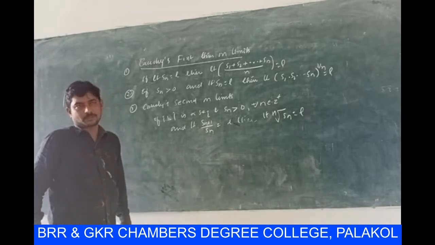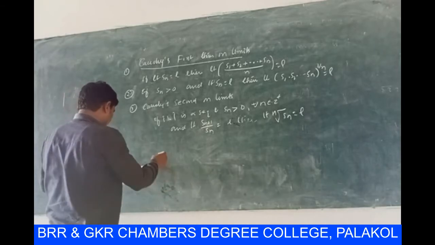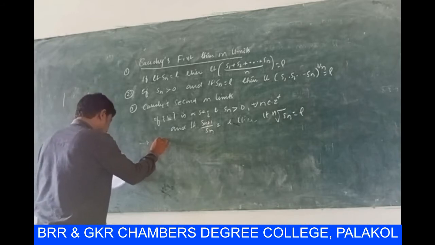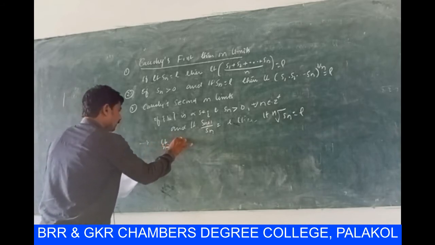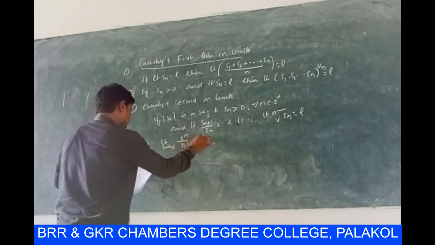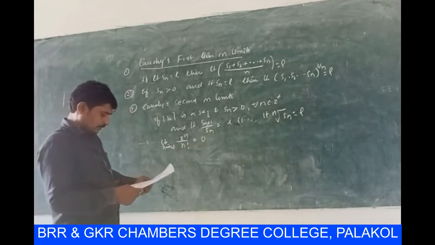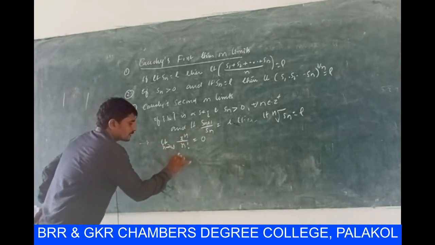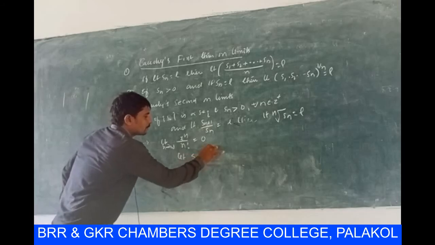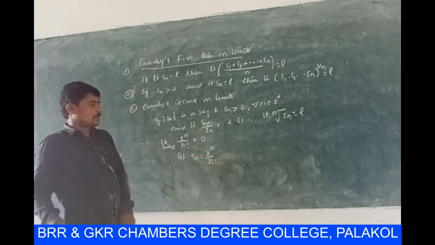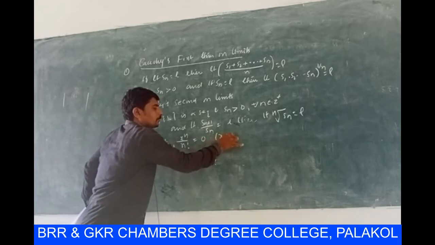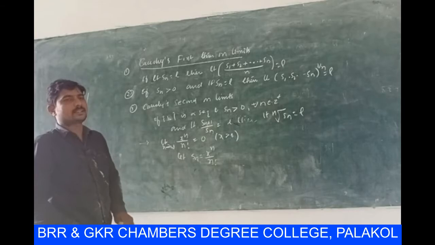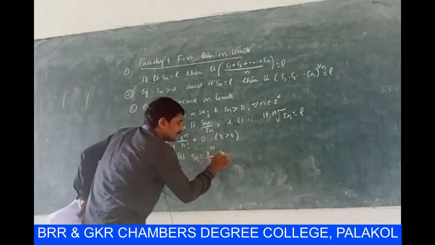Now we will see some problems related to this. Now prove that limit n tends to infinity x power n by n factorial is equal to 0. So Sn is greater than 0, and we consider Sn plus 1 by Sn. First of all, let Sn be equal to x power n by n factorial. Already here given x greater than 0. Whenever x is greater than 0 and n is also positive, clearly the sequence Sn is greater than 0.